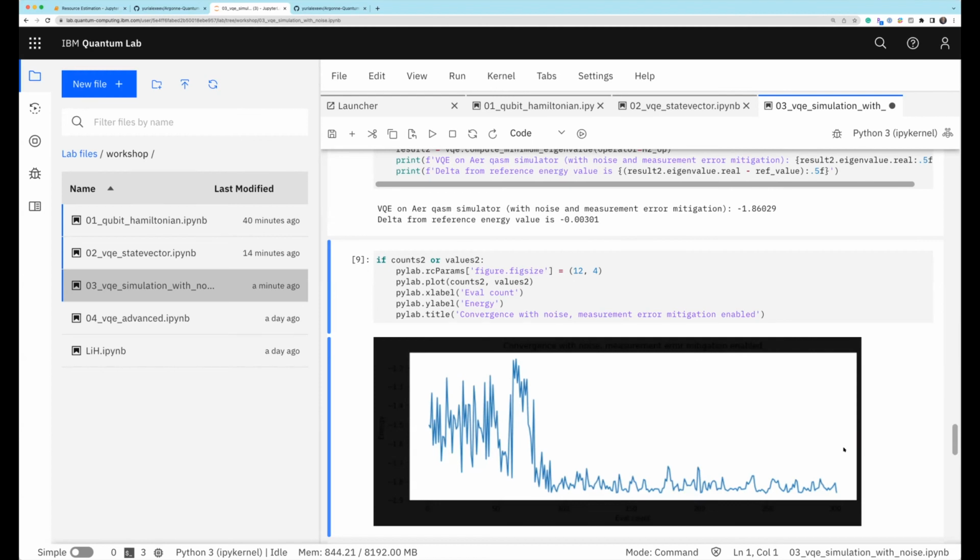And to put this into perspective of what numbers we are talking about, for chemical accuracy, which is 1 millihartree, which is 10 to the minus 3 hartree, you square that, you get 10 to the minus 6, and that gives you a rough estimate for the number of measurements you need to do for each circuit, which is basically, for chemical accuracy, you basically need